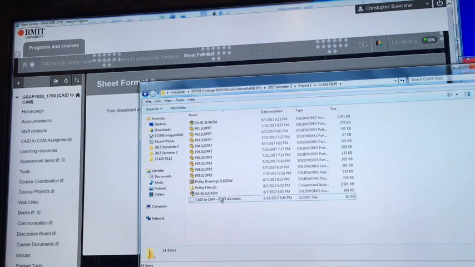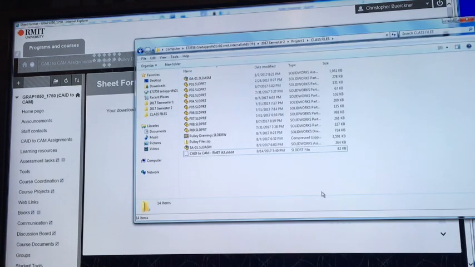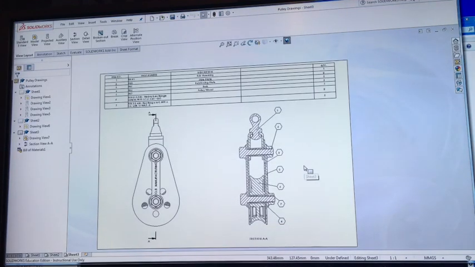Right, so that file type, if you have a look at that in Explorer, it's a SLDDRT file. So it's a drawing template file. It's a bit confusing, but we'll get there. All these different file types. Don't open that file from Explorer. What I want you to do is open up the drawings that we started last week